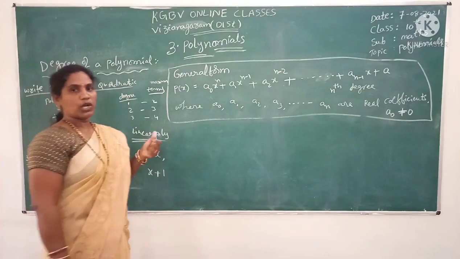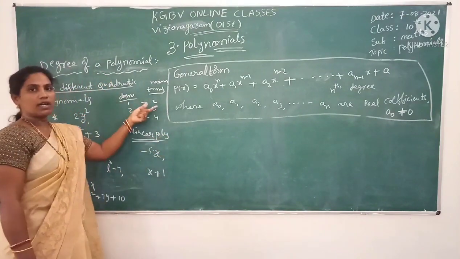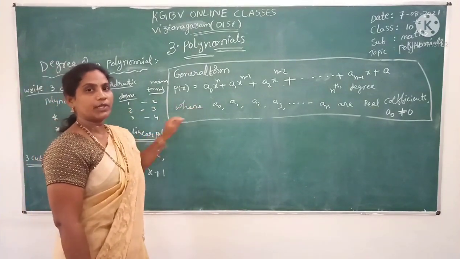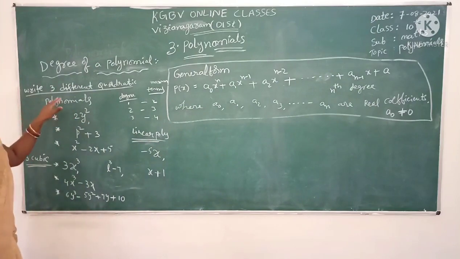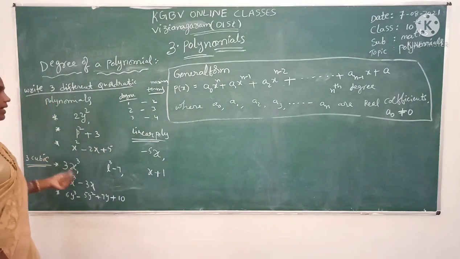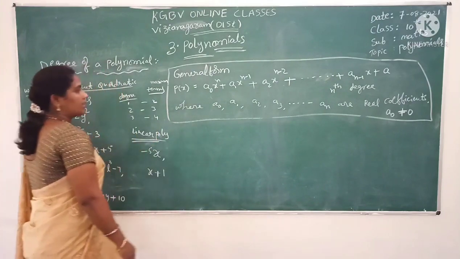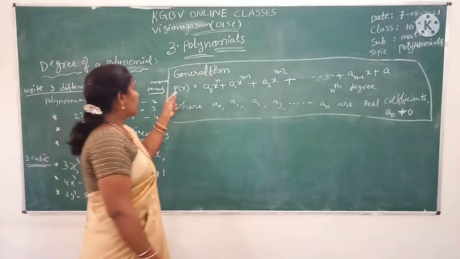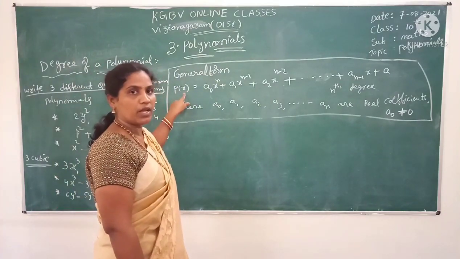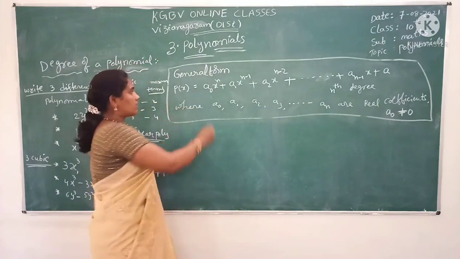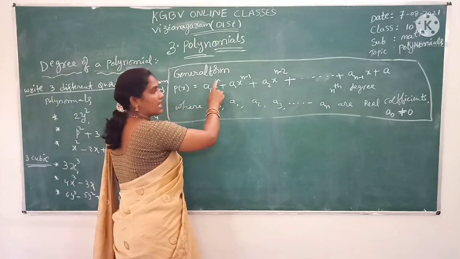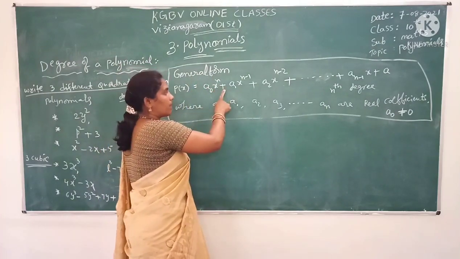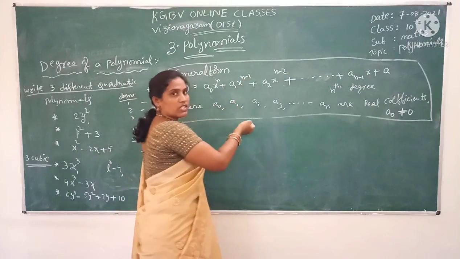By degree of polynomial, a polynomial having degree 1 is called linear, degree 2 is quadratic, and degree 3 is cubic. A polynomial of degree n is an nth degree polynomial. The general form of a polynomial can be written as p of x, using variable x. So p of x is equal to a naught x power n, because the highest power of the variable is n, plus a1 x to the power of n minus 1,